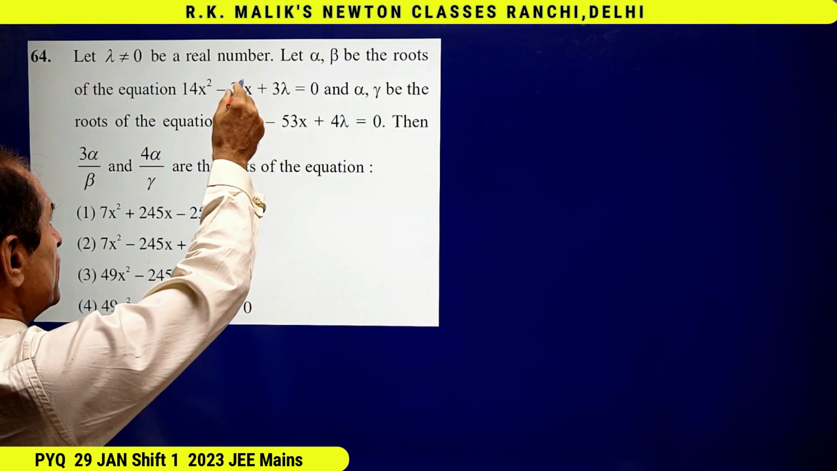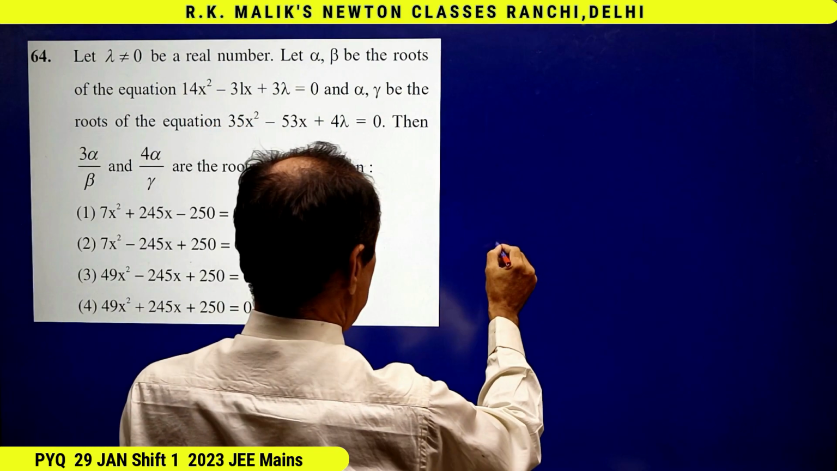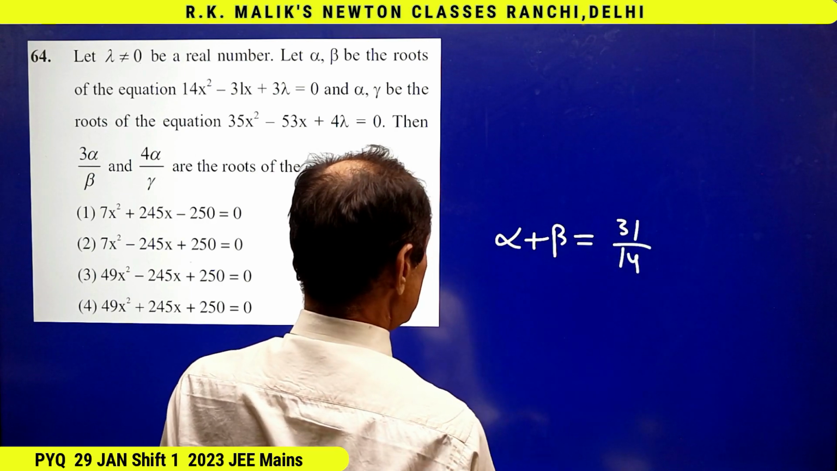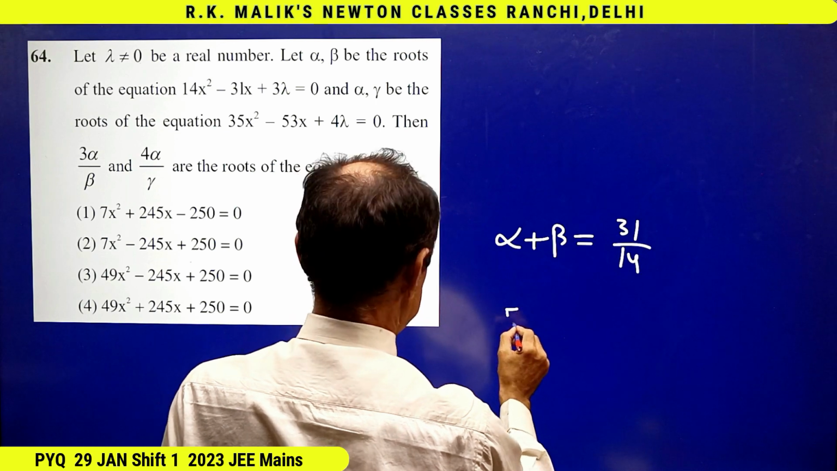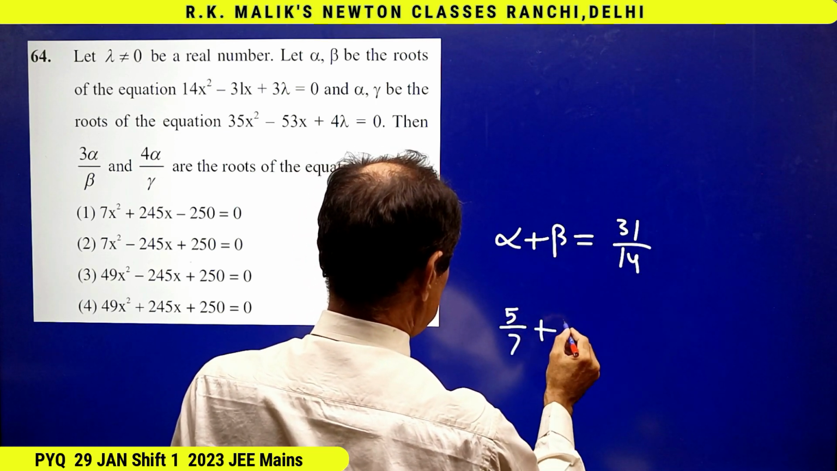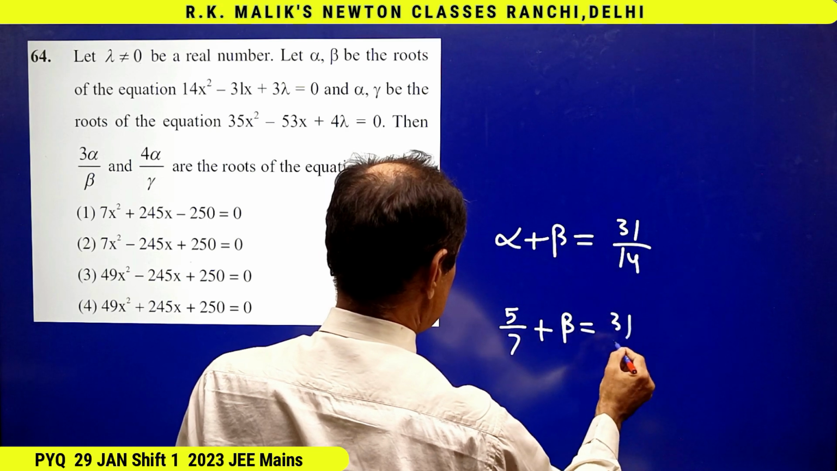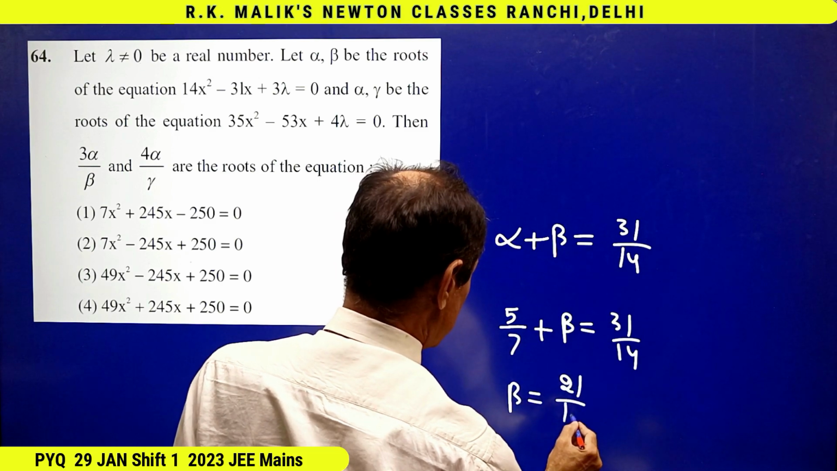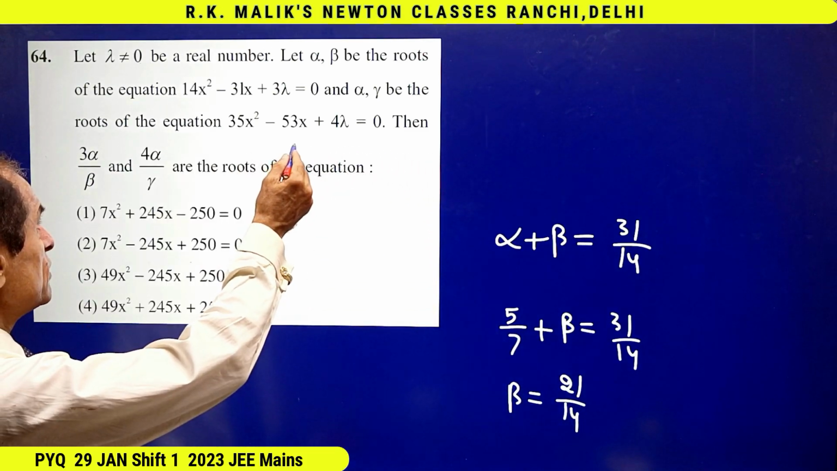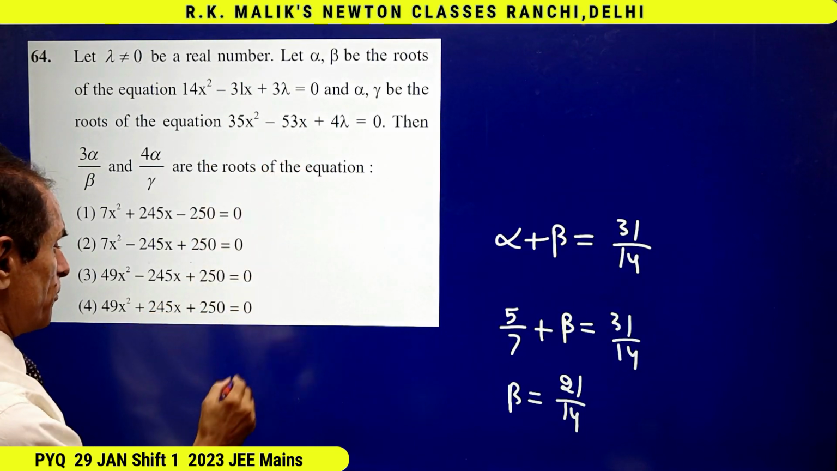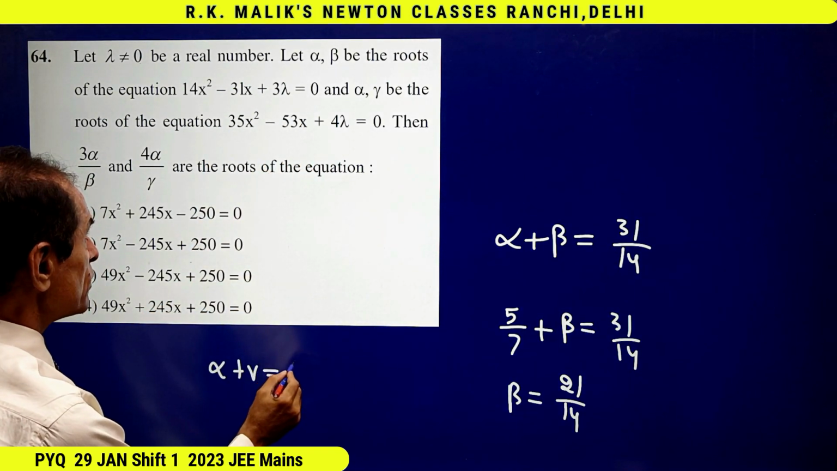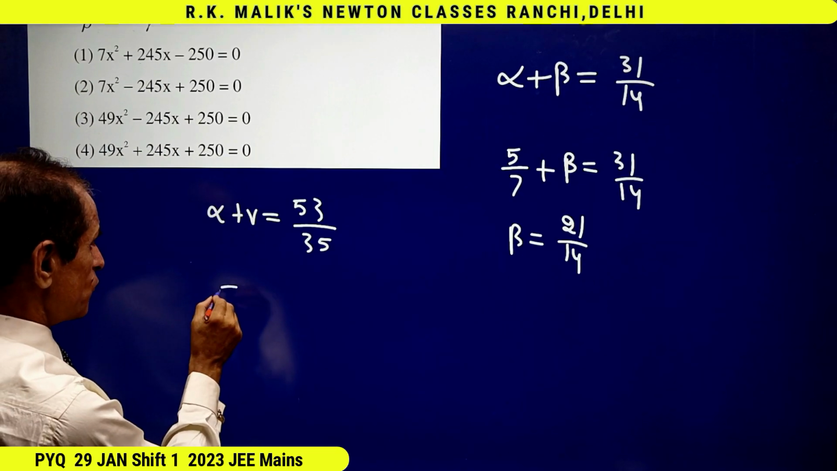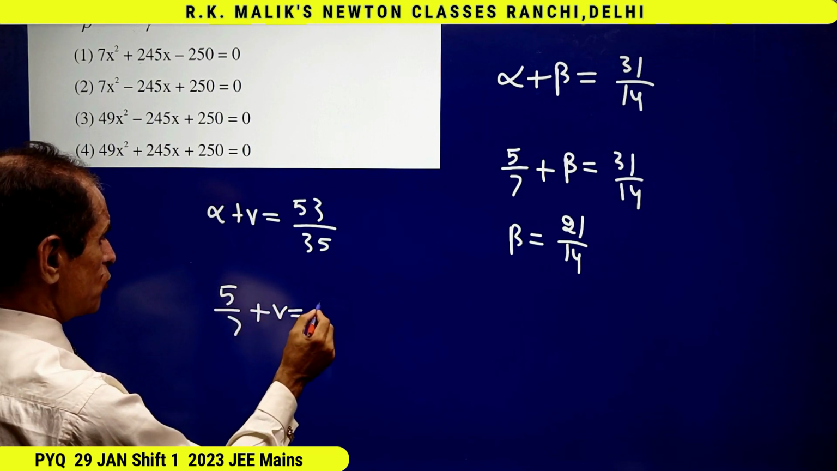And because alpha and beta are the roots of this, therefore alpha plus beta equal to 31 by 14, and alpha we have found is 5 by 7. Therefore I get that is beta equal to 21 by 14. And similarly, because the roots of this are alpha and gamma, therefore alpha plus gamma will be 53 by 35. That is 5 by 7 plus gamma equal to 53 by